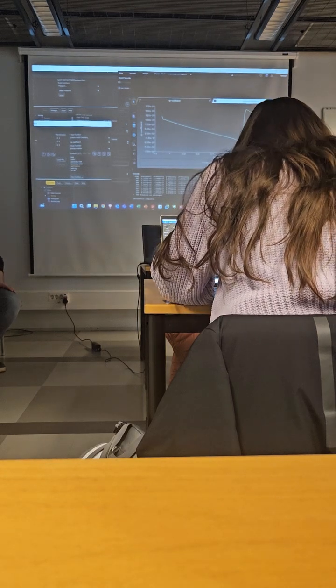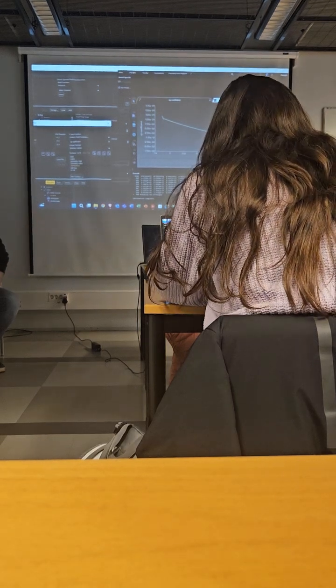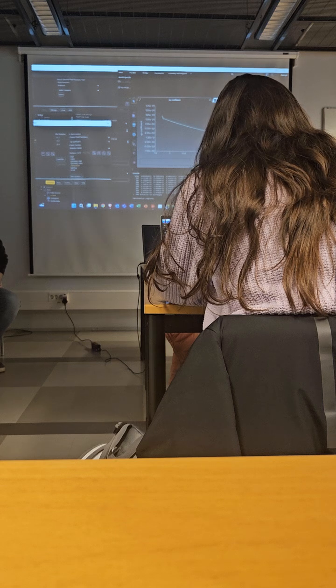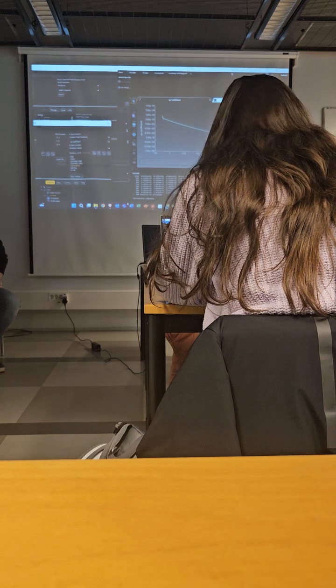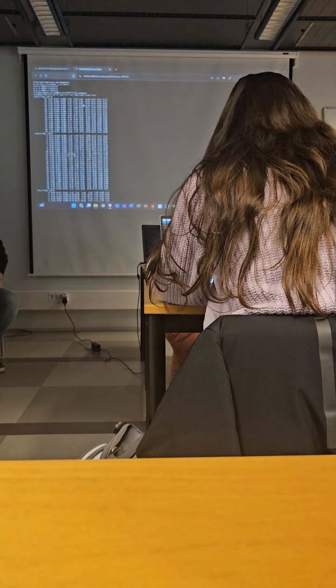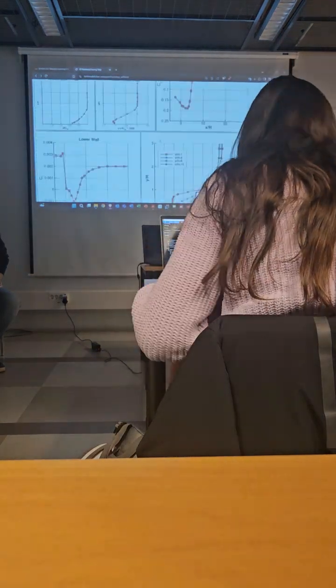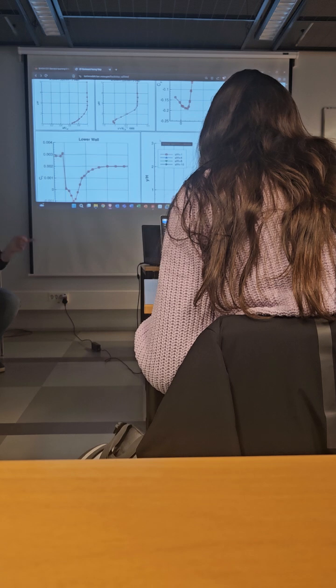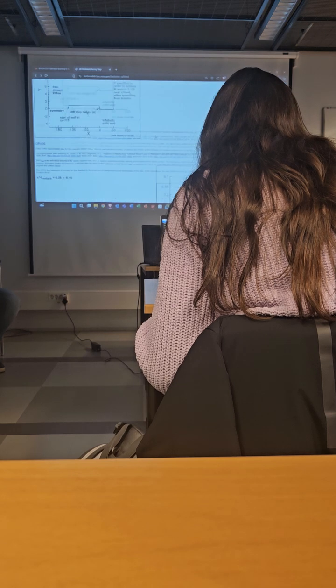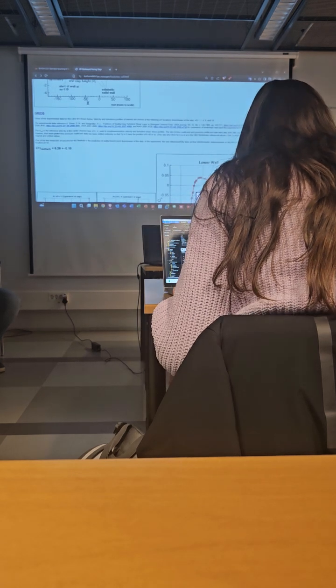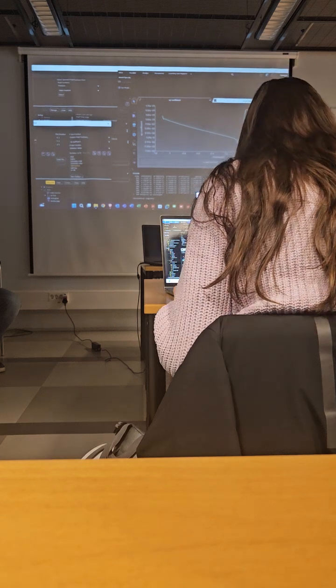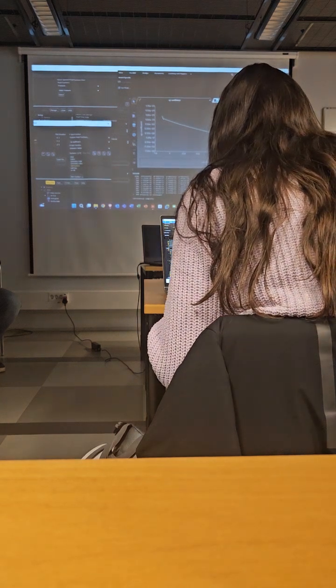But as I was mentioning in the beginning, this is not going to 0. We were told in the description of the case that if we want to compare these results with the results on the website, we should have a CP equal to 0 at x over h equal 40. Right now, at x over h equal 40, we are getting